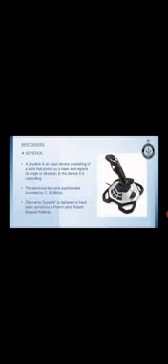Another input device is joystick. A joystick is an input device consisting of a stick that pivots on a base and reports its angle or direction to the device it is controlling. The electrical two-axis joystick was invented by C.B. Merrick. The name joystick is believed to have been coined by a French pilot, Robert Esnault-Pelterie.